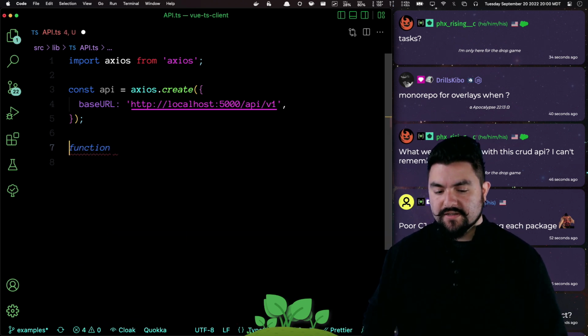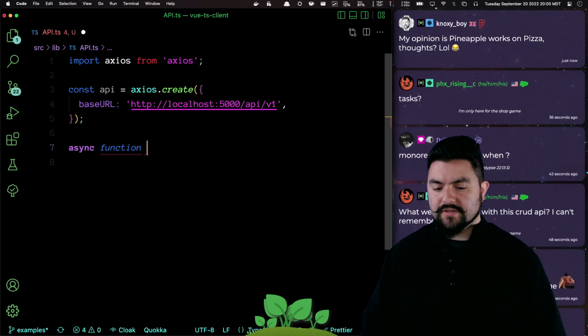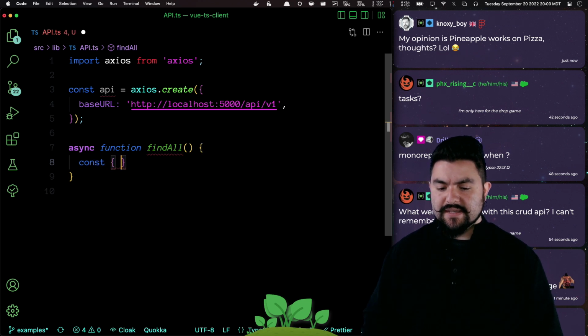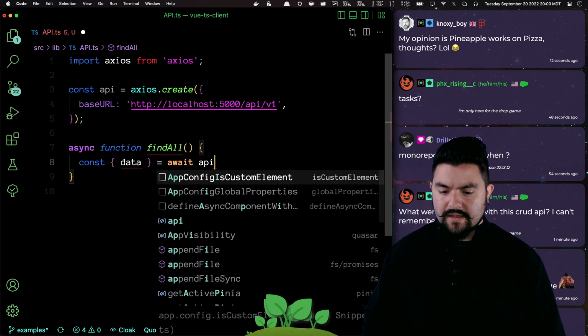So I'm going to have an async function called getAll. Find all, takes in no arguments, and then just makes an HTTP request. So it's just going to say API.get,